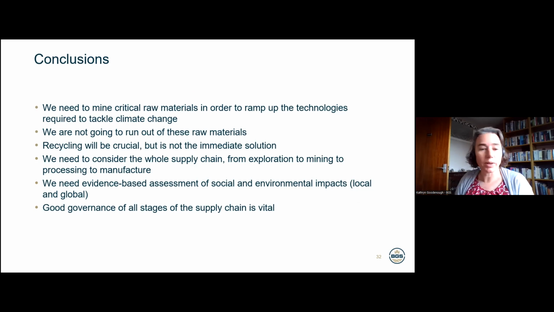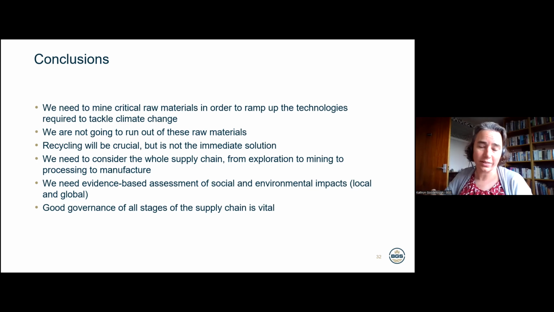So just to wrap up and conclude, we really do need to mine critical raw materials in order to tackle climate change. Without critical raw materials, we're not going to be able to do anything. We're going to find it very difficult to reduce the rate of change in global temperatures if we don't use these critical raw materials. And we are not going to run out of them. There's plenty of these raw materials available to us in the Earth's crust. Recycling is going to be absolutely crucial, but it's just not the immediate solution, because right now the material's just not there to recycle. So we are going to have to mine,